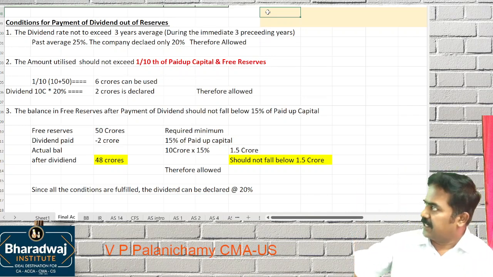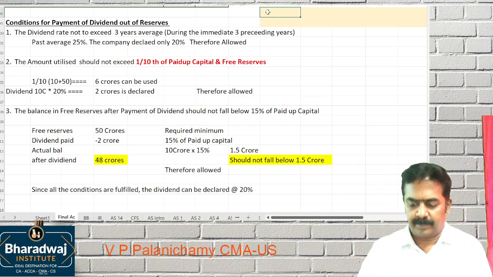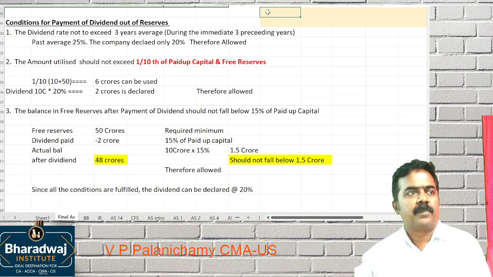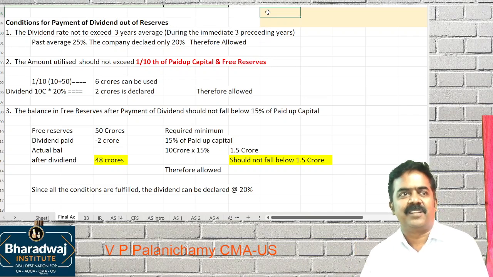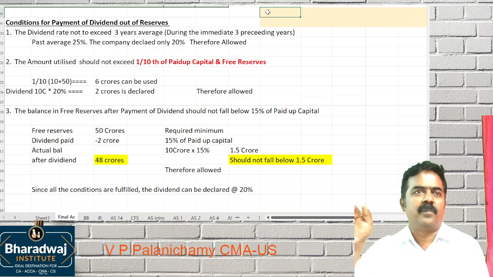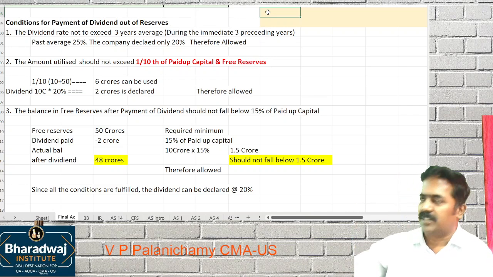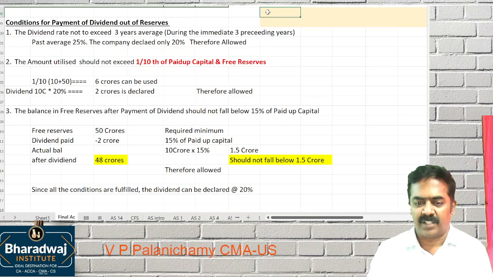Okay, just take up this. I'm going to add a question on the side that you are going to try. Is it a positive question or a negative question? Positive question. How? All conditions are satisfied, you pay the dividend. Next question, when we learn with a positive question and go, they will ask you a negative question. What is a negative question? The first condition will not be fulfilled, the second also not fulfilled, the third also not fulfilled. How much dividend can we pay? Shall we? No, first take up the solution for this question, then we'll go for the negative question.